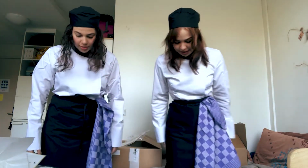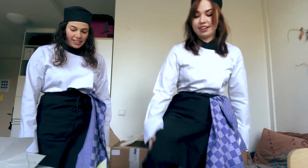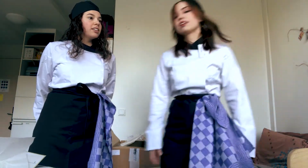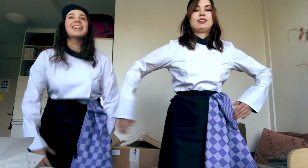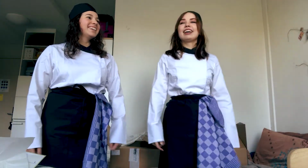They asked for big pants, so my pants are big. It's like size 40, but it feels very spacey and comfortable to walk in. I can move. It's better than the other one, where you've got to stand there and be like...